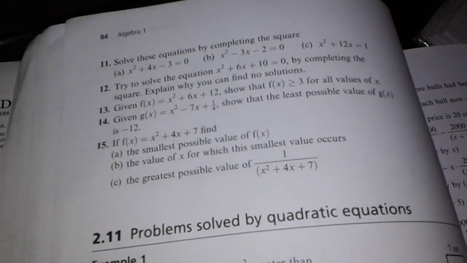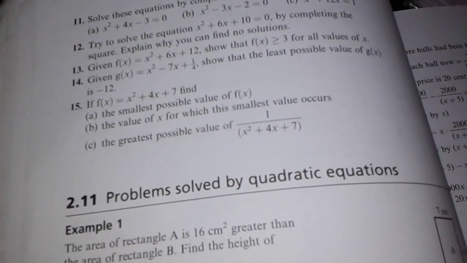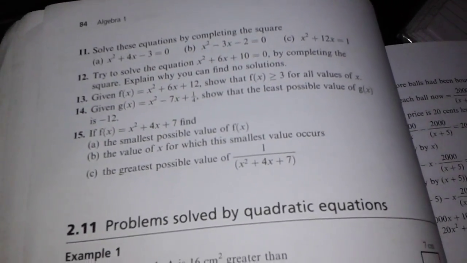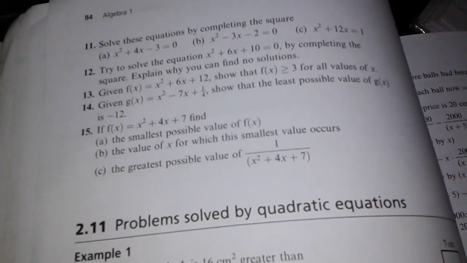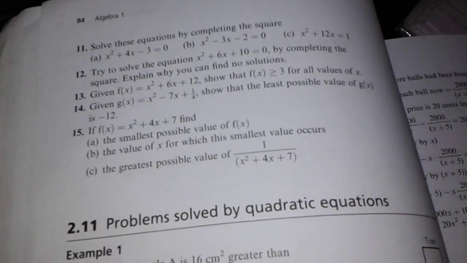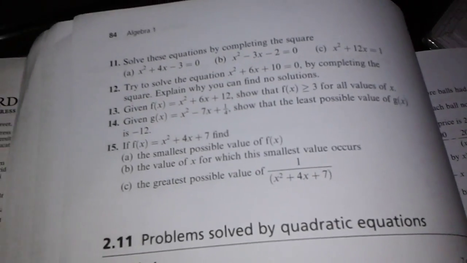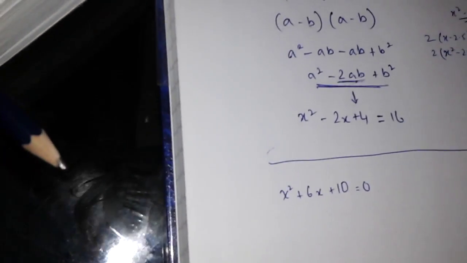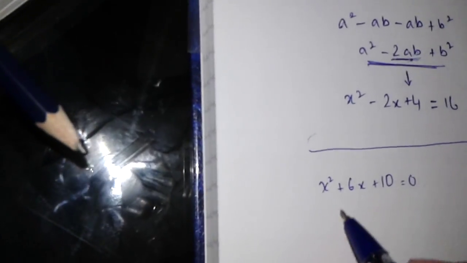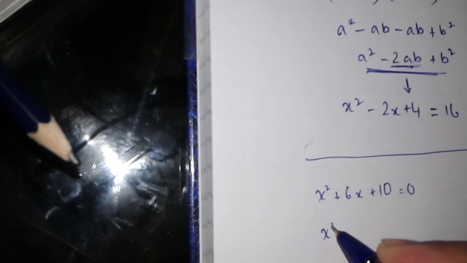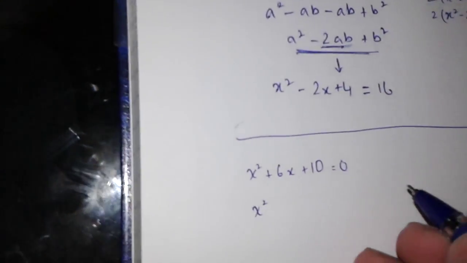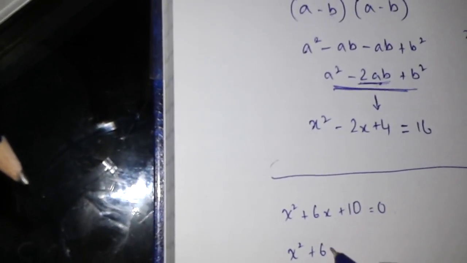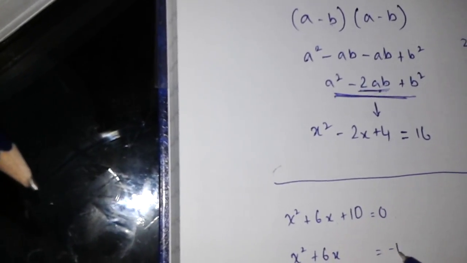Now let's start. The equation is x squared plus 6x, I'm writing that down now, plus 10 is equal to 0, right? This is the equation. Now just as a starter, to complete the square, we know that we have to send the constant to the other side of the equation. x squared plus 6x is equal to minus 10,